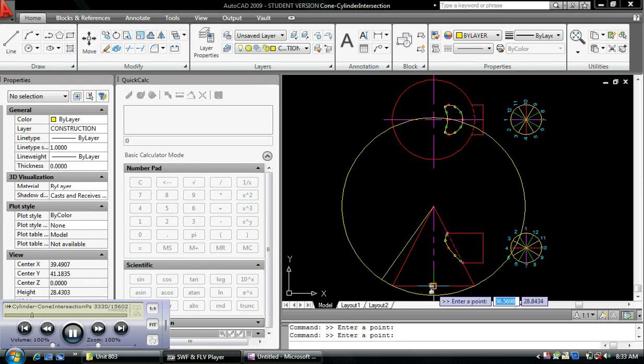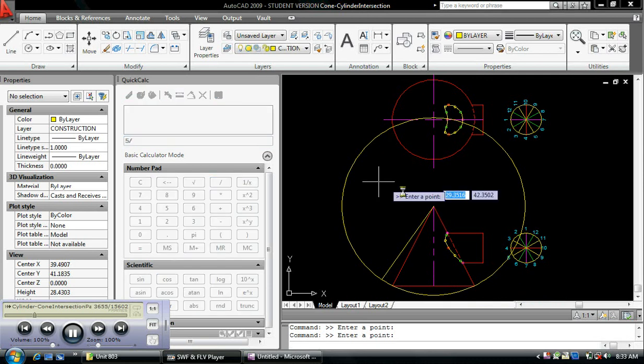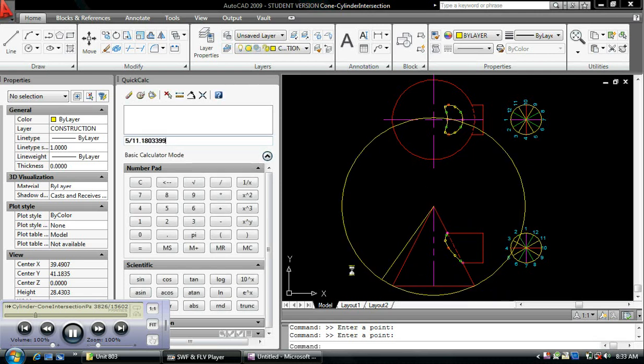R is the radius of the base of the cone, and divide that by S, which is the true length of the long slanted side of the cone. Then I multiply it by 360, and it gives me an angle of